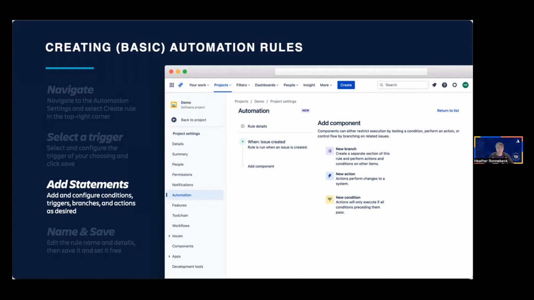If you select a condition, it checks your ticket against the criteria that you're requesting it to check against. And then if it's successful, it will run the action components that are underneath it, or underneath the branch of that condition. One of the things I want to call out is to remember that there is no limit in this section on what you can and can't do here, except for your own limitations and your own imagination.